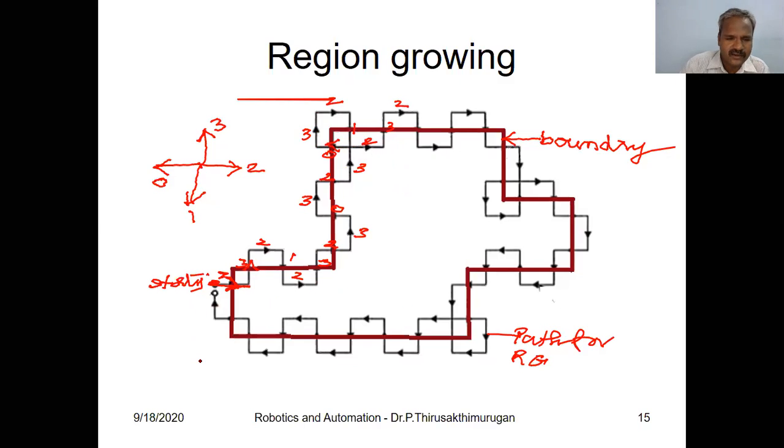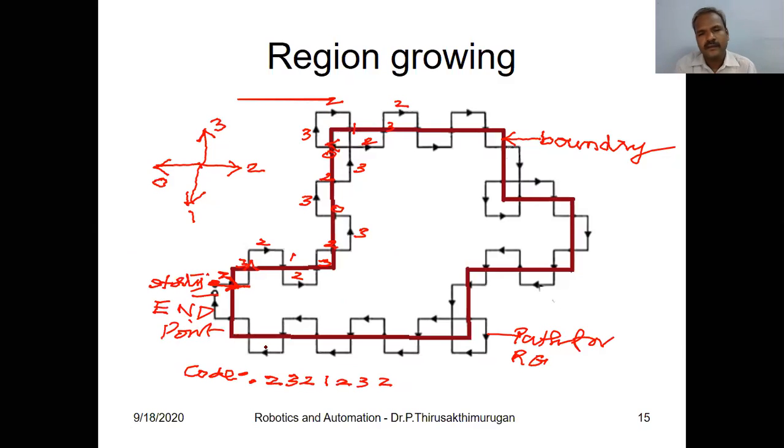Then you can write the crack code, the boundary code, where starting is 2, then 3, 2, 1, 2, 3, 2, and so on. After covering all the regions, finally this is the end point. This is the method of coding the object. This is called region growing.